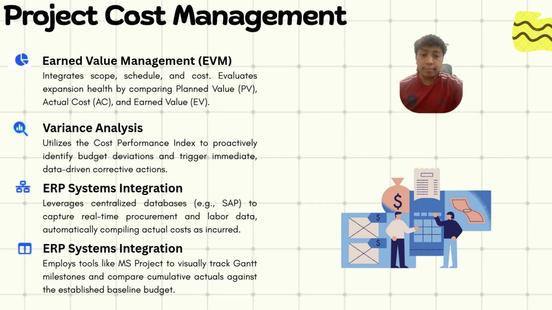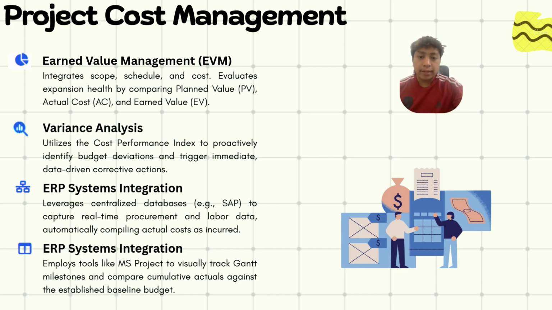It compares three key metrics. Number one is planned value, our approved budget. Number two is actual cost, what we have actually spent. And number three is earned value, the quantified value of the physical work we have actually completed. So by calculating the cost and schedule performance indexes from these three variables, management can proactively identify whether the expansion project is over budget or falling behind schedule, allowing us to implement corrective actions immediately rather than waiting until the